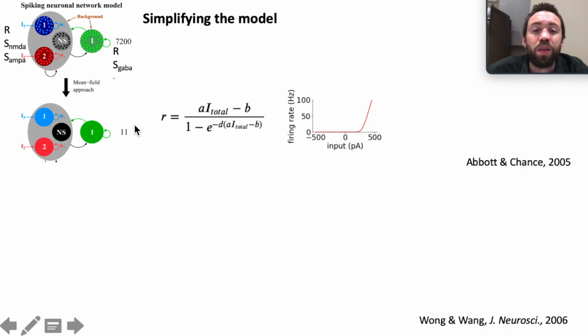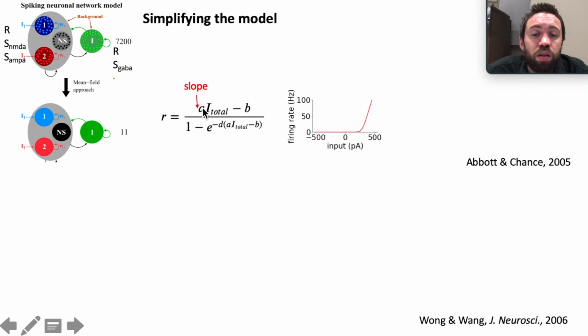And one of the ways we can do this is by replacing the input-output function of individual neurons with this simplified input-output function, which is also known as an FI curve. This is based on work by Abbott and Chance. And this is the equation here, where you have input current, which can come from external sources, as well as local recurrent connections in the network. And the firing rate output